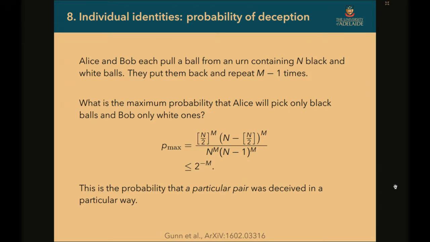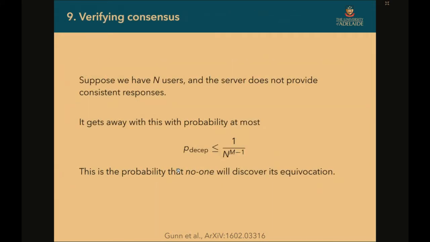And so we can bound the probability that an attacker will achieve this. So this is a probability that a particular pair of users will be deceived in a particular way. And this is kind of how things work if you have, say, a PGP key server and you're accessing it using this kind of technique. But when you use things like Conix or whatever, where you've got this Merkle trie that everyone uses, so everyone's trying to agree on this one piece of data, then you've got lots of users and everyone has to get the same result.